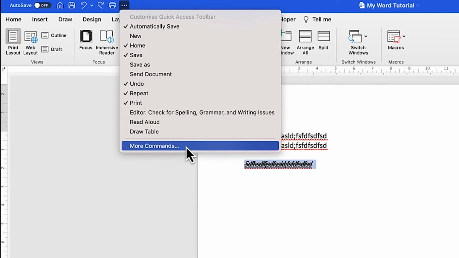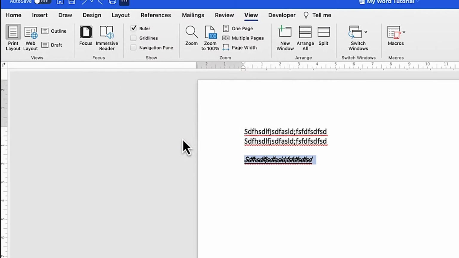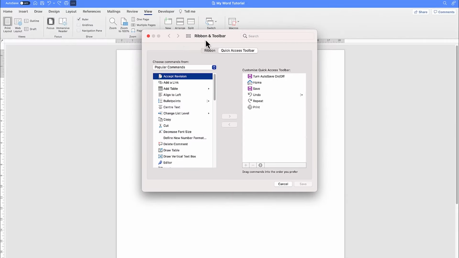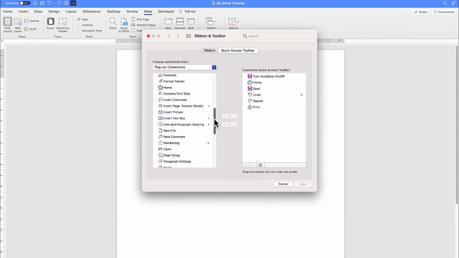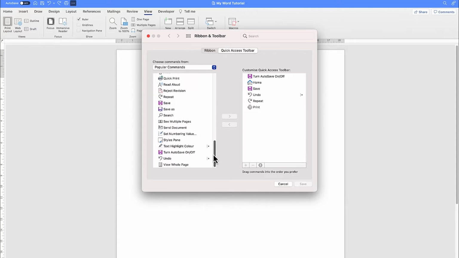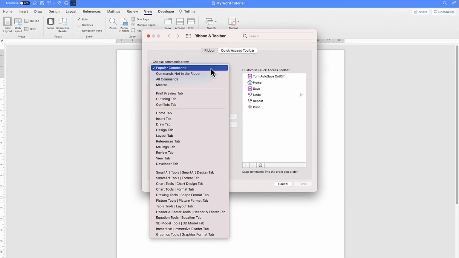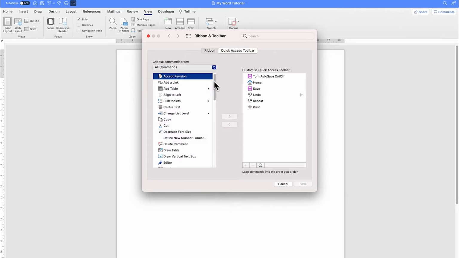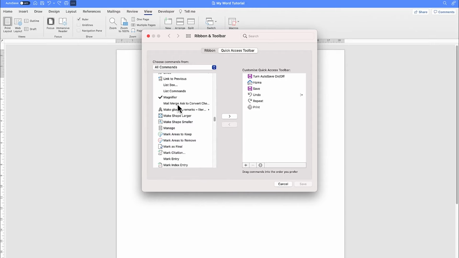I'll show you how to bring in more commands, more features. You can just come over here and click on more commands, and it will bring you over here to the ribbon and toolbar. You have the list of all the popular commands that you want to see. You can see them over here. And if you want to see the list of all commands, you can just come over here and see all commands in Microsoft Word. All the commands you are looking for, you can find them over here, and you can easily select